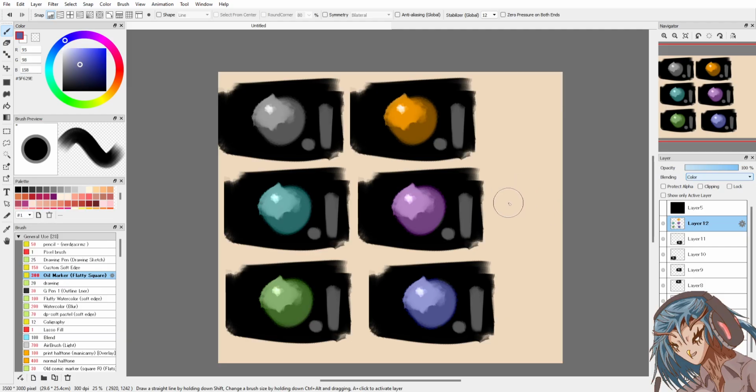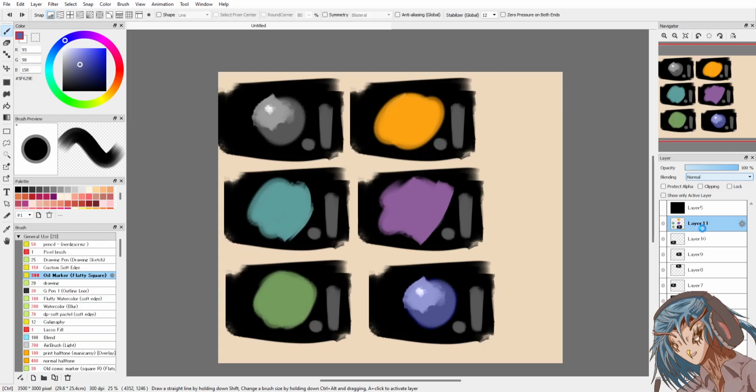It's not the color that does it. It has to be the material. Is it the material? Oh.